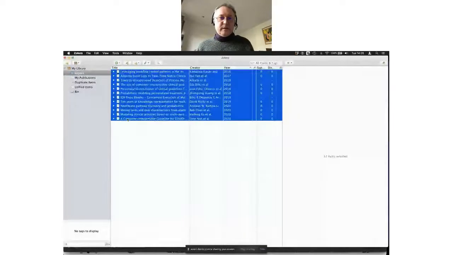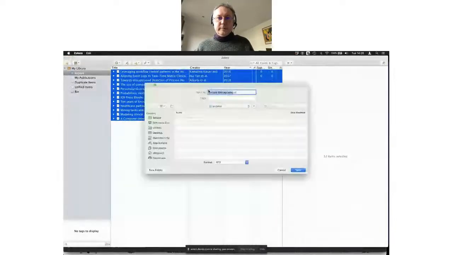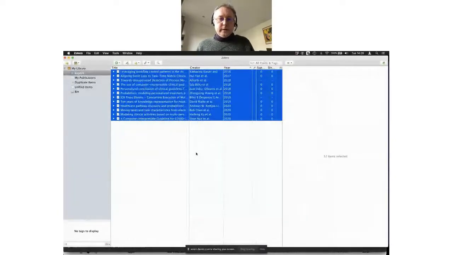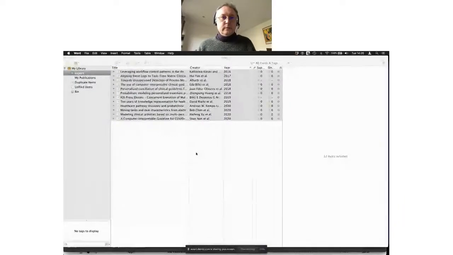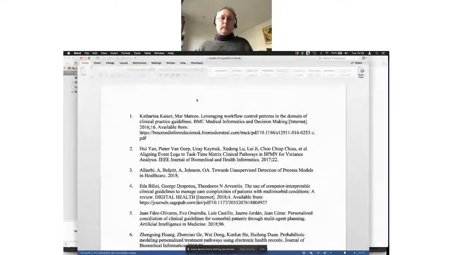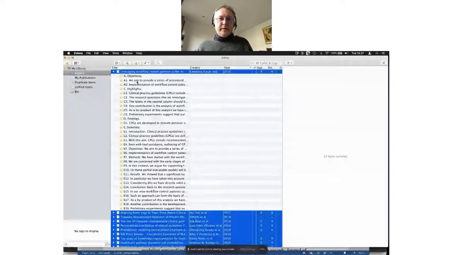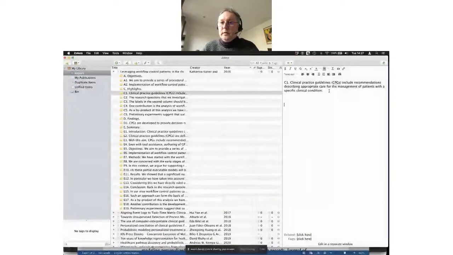So as well as generating a bibliography, which I can right-click and do here, I'm just going to create a little file here. And then I'm going to open that up in Word. And there's my bibliography, so I can start to use that and reference from that. But the other thing is that we've got all that summary information here. So all that information from the Scholarcy flashcard is now preserved as notes, and we can edit this. So we can type in our own